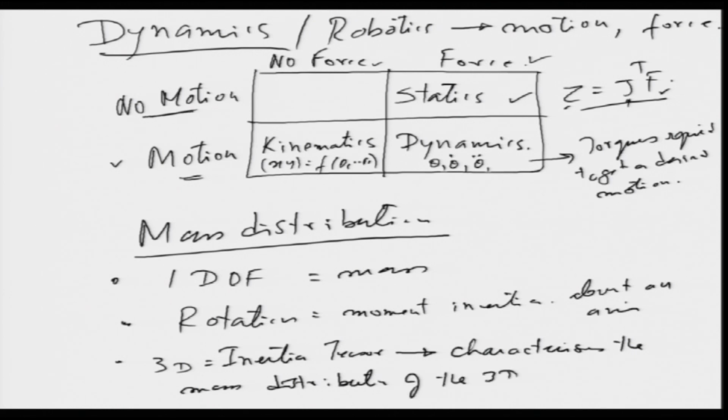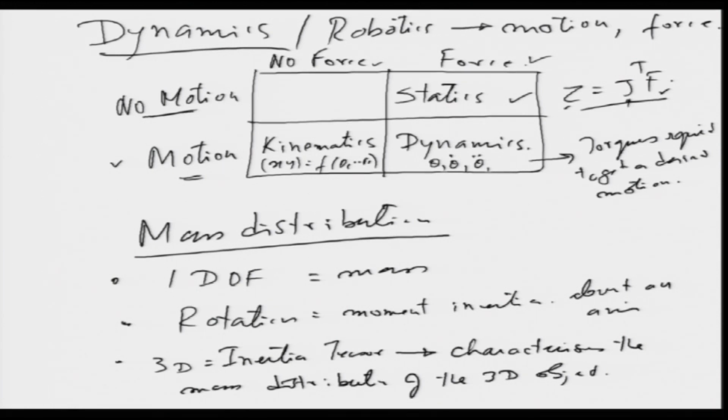Of the 3D body, 3D object. That means, if you have to rotate about some axis, what is the approximate energy that is required. That is characterized by the inertia tensor of the body. Here we are talking about a robot link in 3-dimensional space, and hence we have to talk about